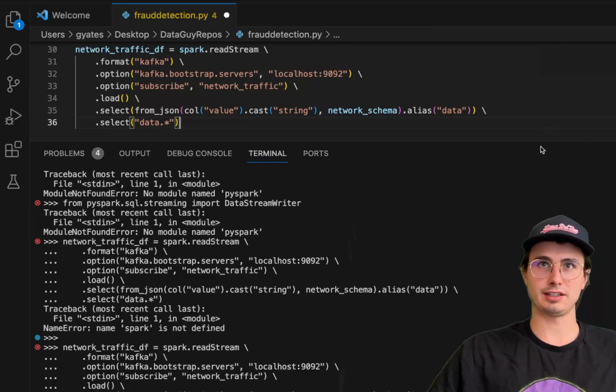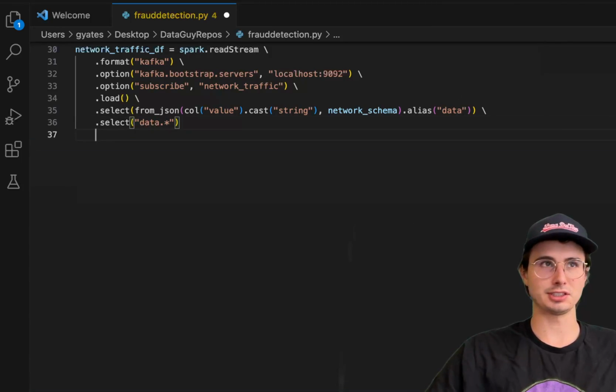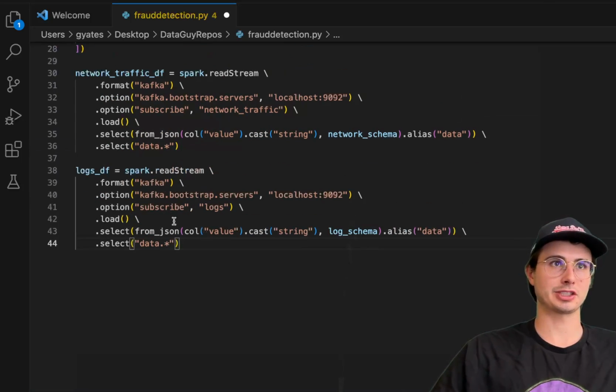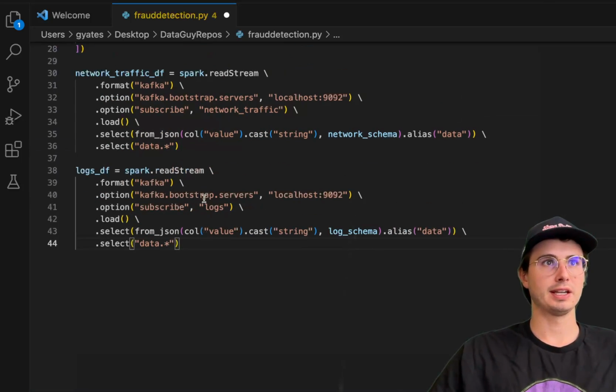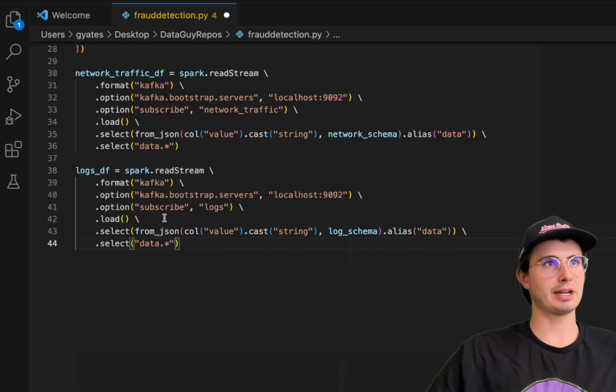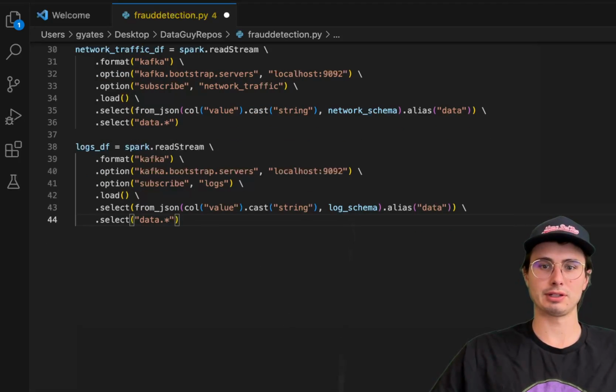And again, sorry, I keep forgetting Shift Enter. I don't need to do that here. So here we're going to collect logs from, again, another Spark topic. So here we're subscribing to a log stream. And again, selecting from that JSON the different values for each column, casting them as strings, putting them into our log schema, and then selecting data, now that's in the schema, and saving it again into our logs data